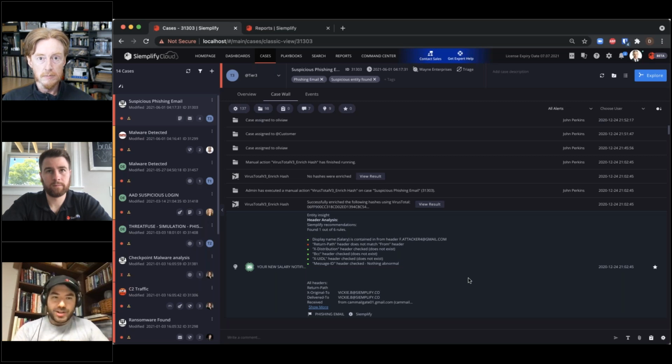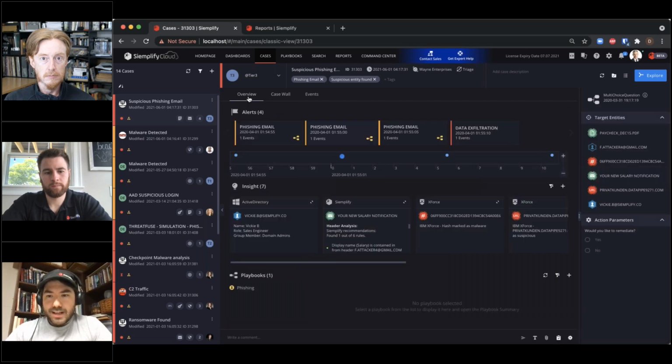How did this case go from case creation to the point of actually closing it as malicious or closing it as not malicious? And how did that happen? What was the process the analyst took to perform that? So certainly we're able to do quite a bit within the case here.